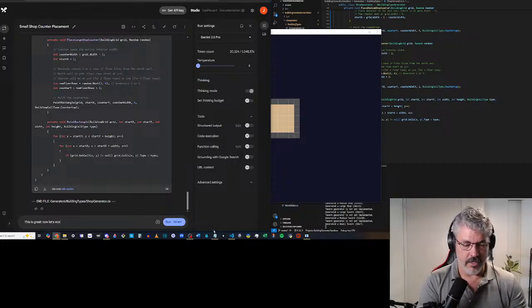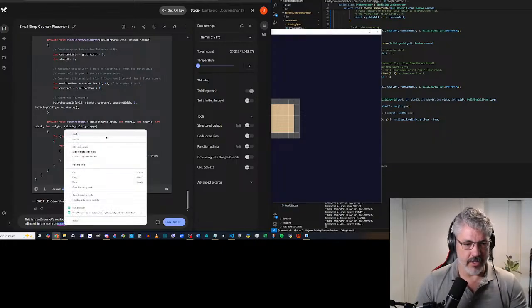Now let's work on the tavern. For the small tavern, I want a countertop that is adjacent to the north or south wall, and that is just so there's a little bit of variation.